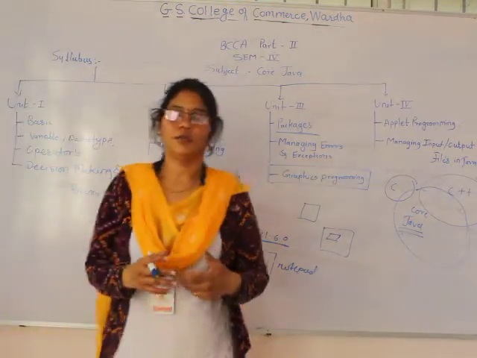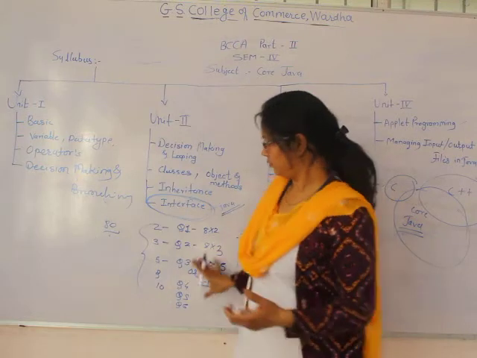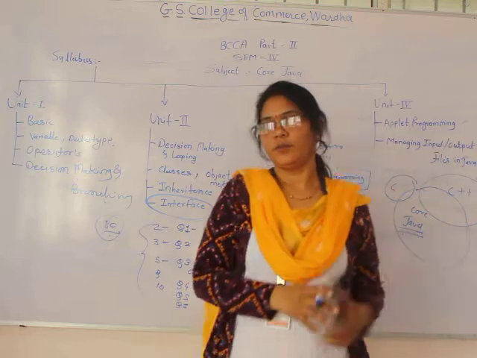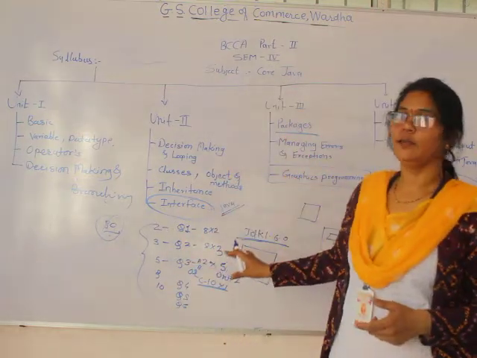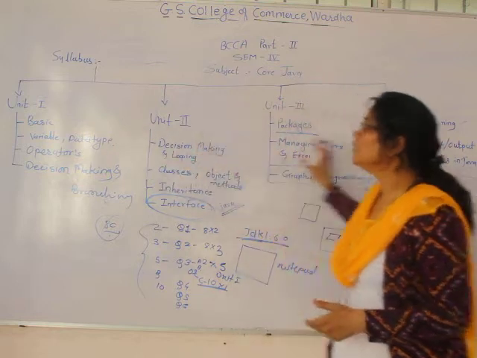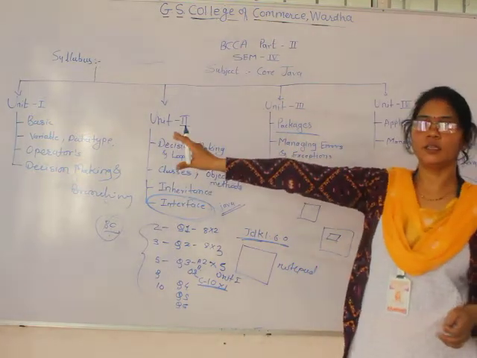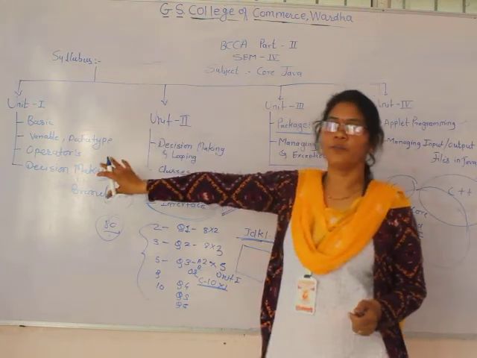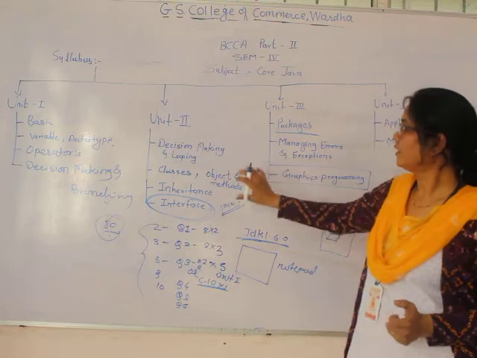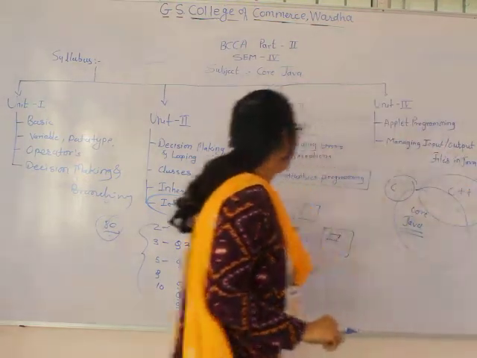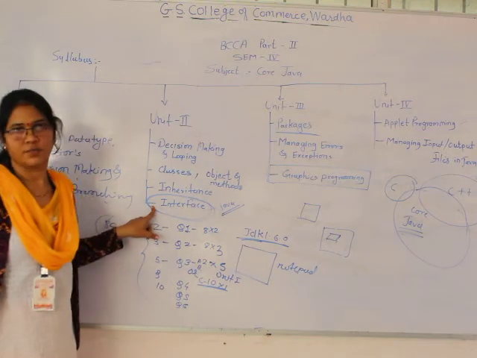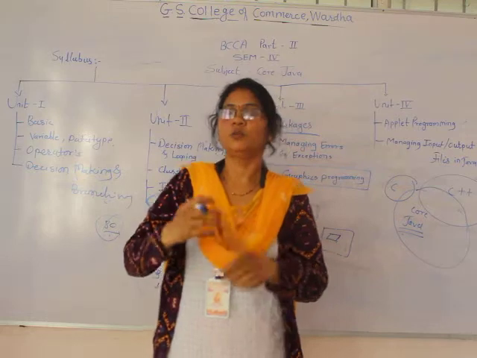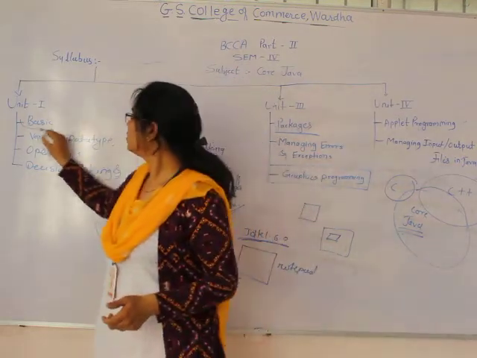You already solved this paper pattern in your previous subject, so it is the same, but we have to focus on the syllabus. The first unit has basic things, and the second unit also has basic things. The first unit contains the part from C, the second unit contains the part of C++, and the real Java starts from the interface. But the basic structure of Java, the features of Java and all new things come with the basics of C.